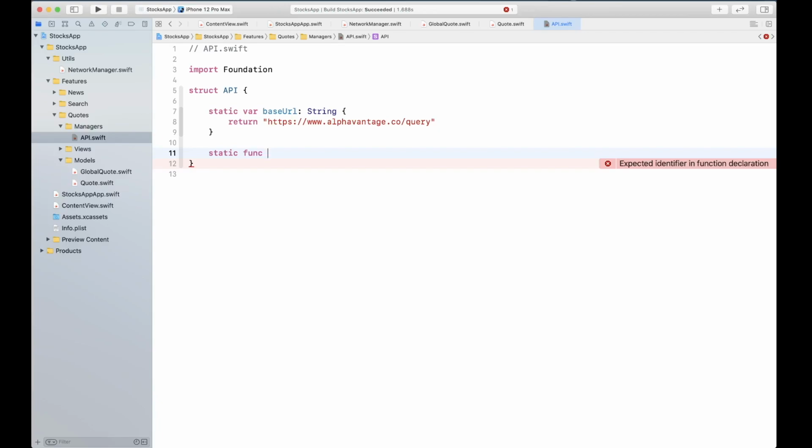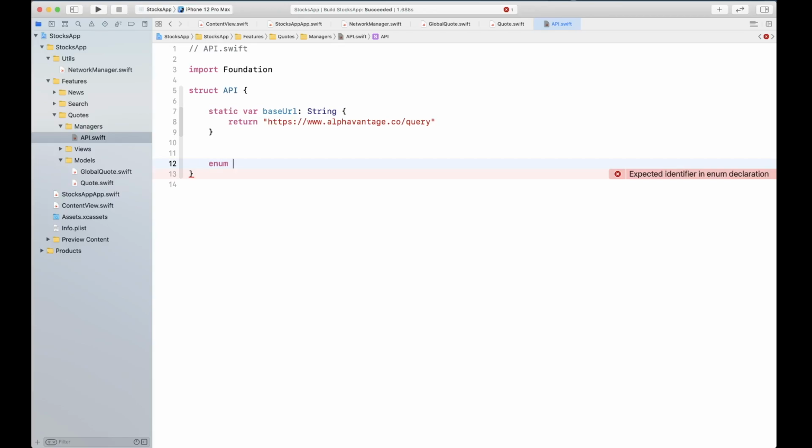So let's create an enum first, because we're going to have a few functions. They're called functions in Alpha Vantage, and functions represent what type of endpoint it is. For example, it's a symbol search or it's a global quote.